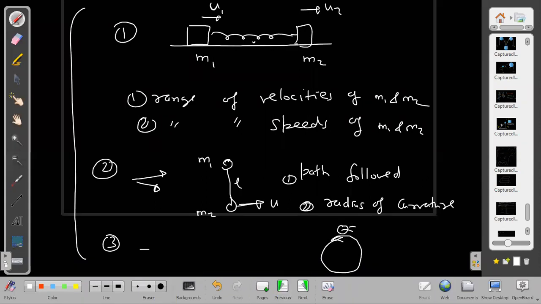When we release it, it may not be like this. It may be like this also: a hemisphere, and it is being released. That also can be there. We can discuss this problem. Okay, then let us end it now.